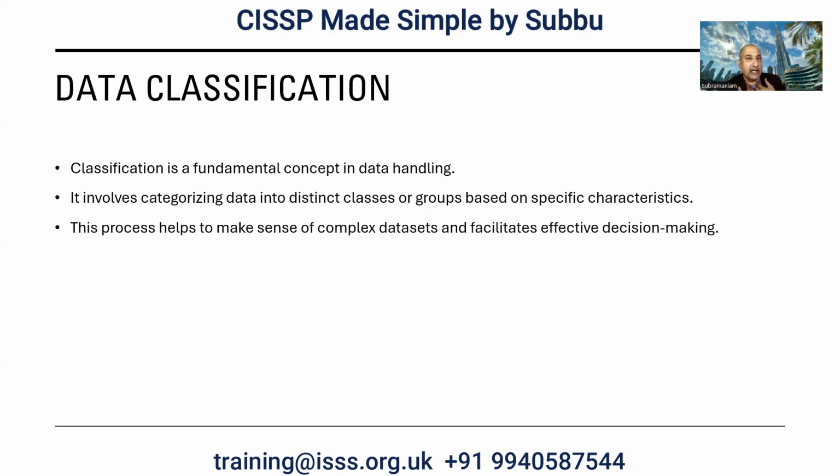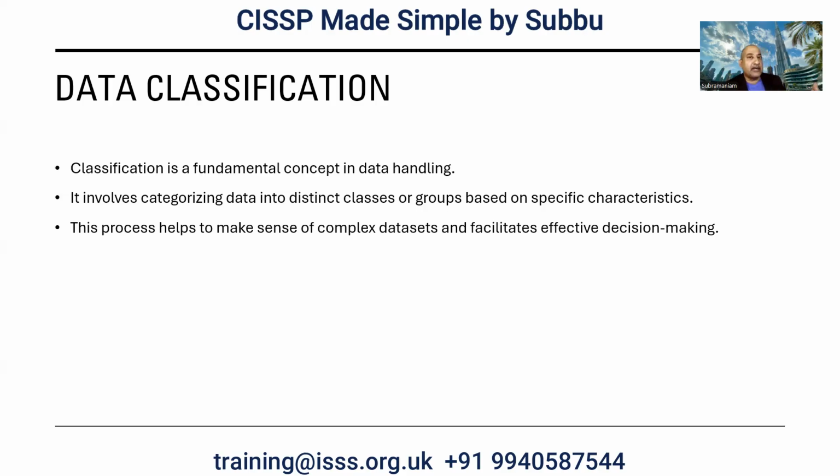because I worked in Hyundai Motor India, that was in early 1997. Now when you're going to categorize the data based on the department, that is actually called as a labeling. If you're going to classify the data, classification of the data is based on the impact of the data when it's going to get disclosed, when it's going to get modified, with respect to the integrity, when it's going to get destroyed, what is the impact of the organization? That is with respect to the availability.